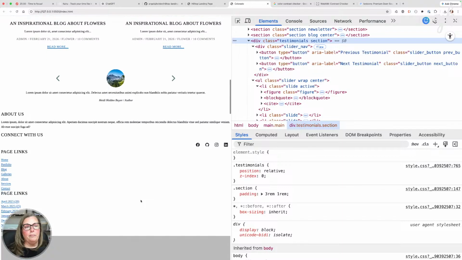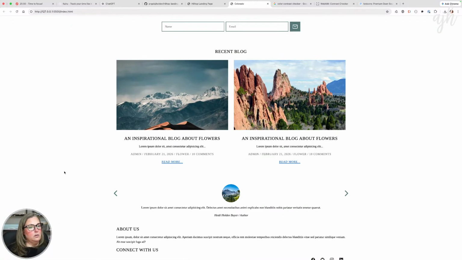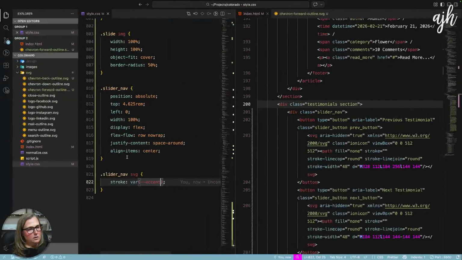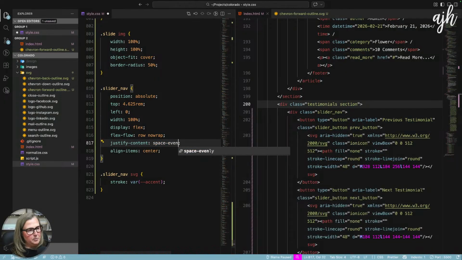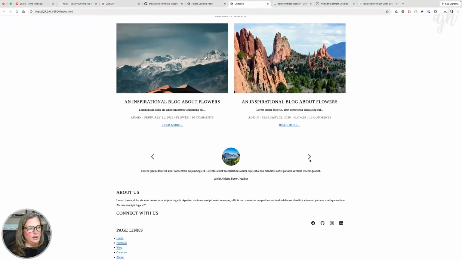Just like that. That works. I am going to change this to space-evenly. And you know what? We can write a media query to take care of that.